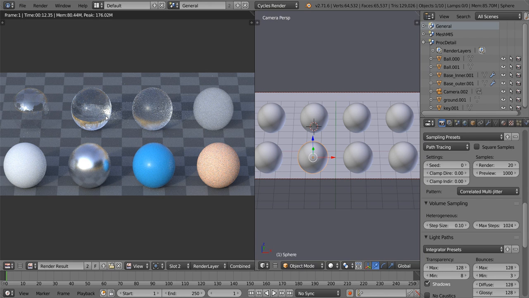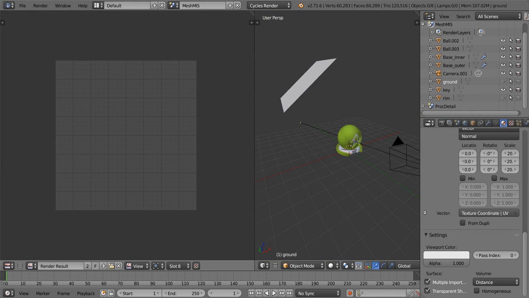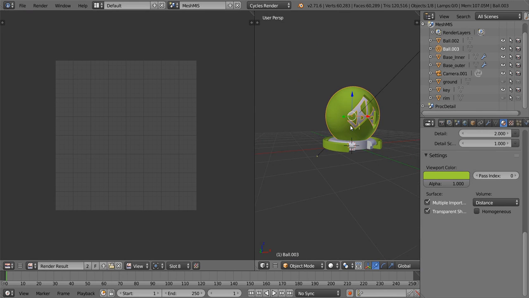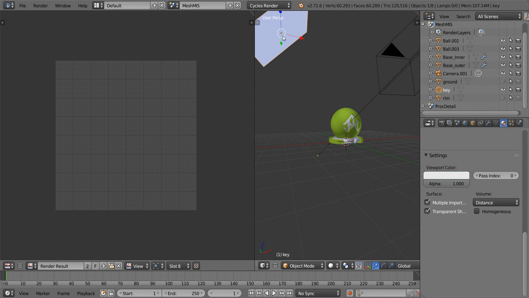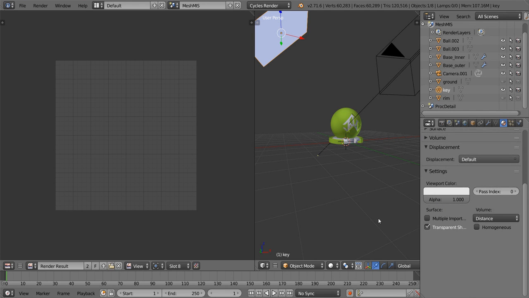Now that is basically it for general optimizations and that sort of thing for most scenes, but now let's do some things in particular, like multiple importance sampling for mesh lights. So this scene is just a material ball thing with a single mesh lamp. Now by default multiple importance sampling is on, but just to show you what it actually is for, I'm going to turn it off